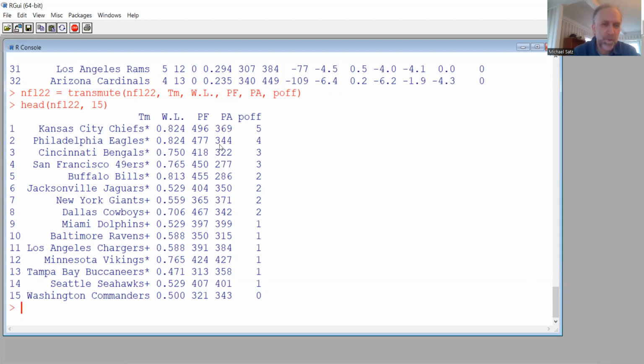If I take points for and points against, it's highly correlated with the won-loss percentage. Not perfectly, but it almost causes more problems than it helps to include all three. So we're just going to use PF and PA, and the playoff round for the response.